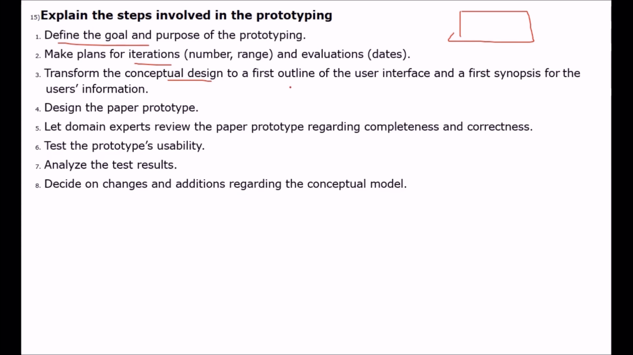The first outline of the user's interface and first synopsis of the user information. Then we design the proper prototype on paper. Then let domain experts review the paper prototype regarding completeness and correctness. So a kind of verification is done. Then we test the prototype's usability, we analyze the test reports, and we decide on the changes and additions